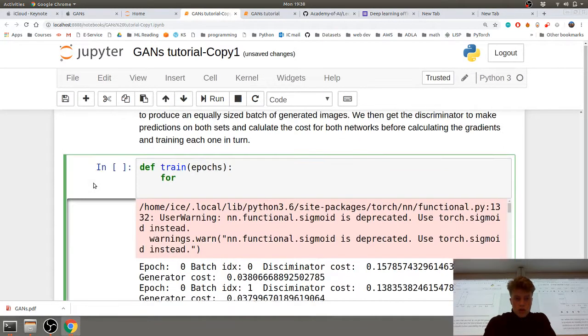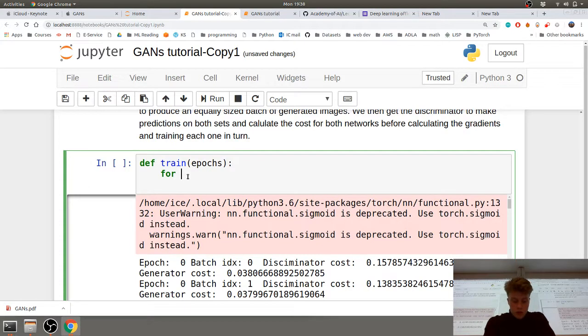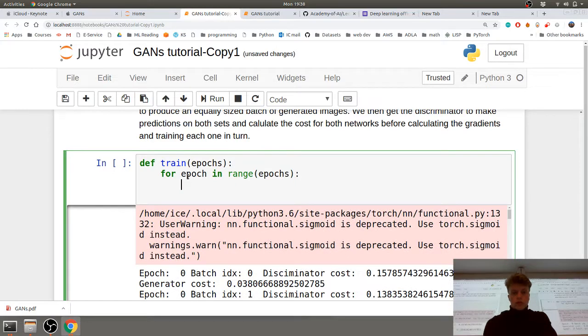Dcosts, gcosts. Okay, cool. So we'll say for epoch in the range of epochs, go through all the batches. So for batch index, batch,